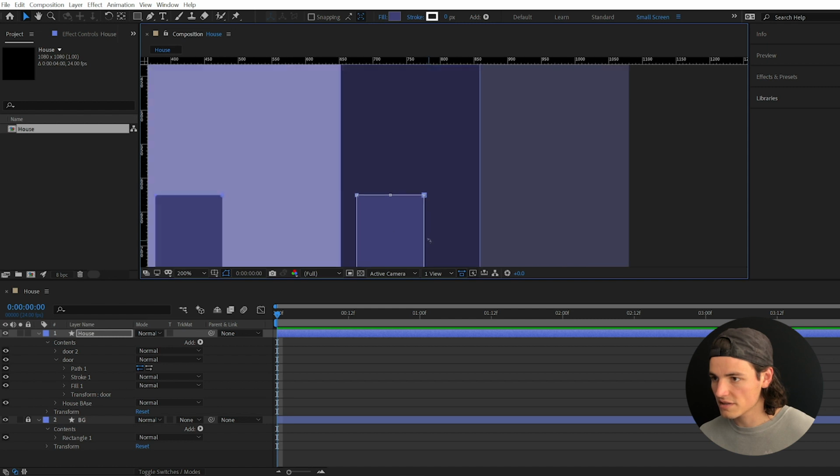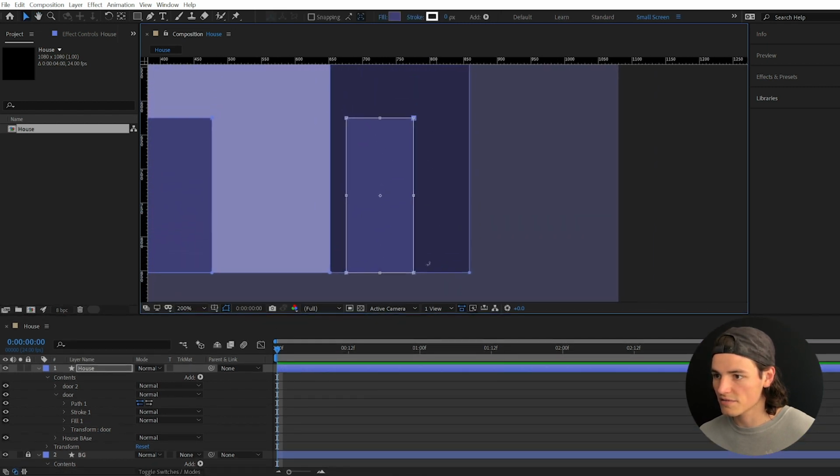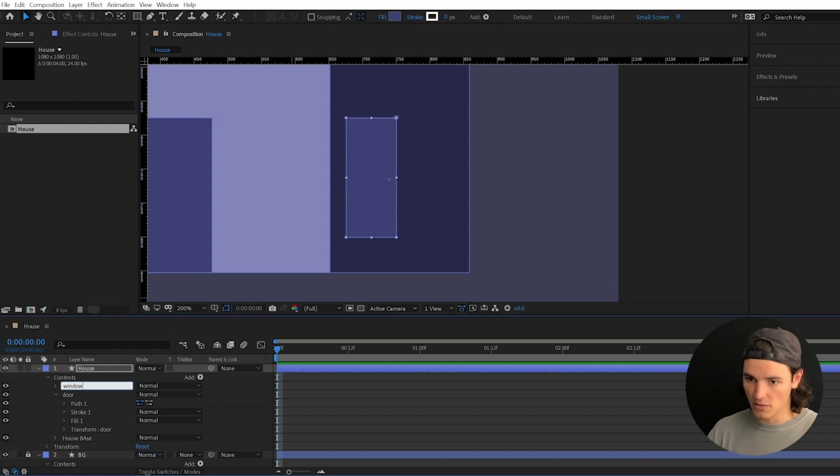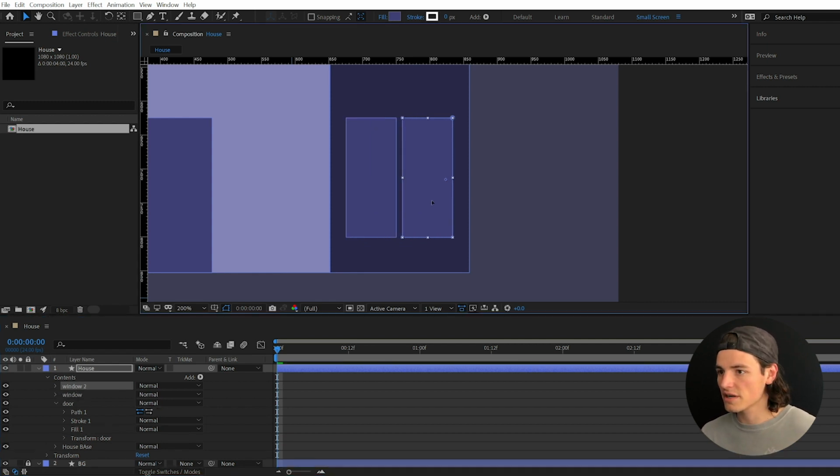Double click to get these tools. Sometimes the shape tool editing is really wonky in After Effects. I don't know why, but maybe they'll eventually figure that out. We're gonna make it kind of more window sized here. Call this window. Control D to duplicate, drag it over,